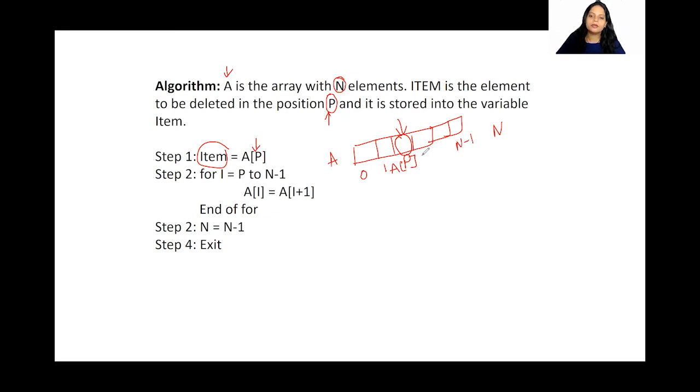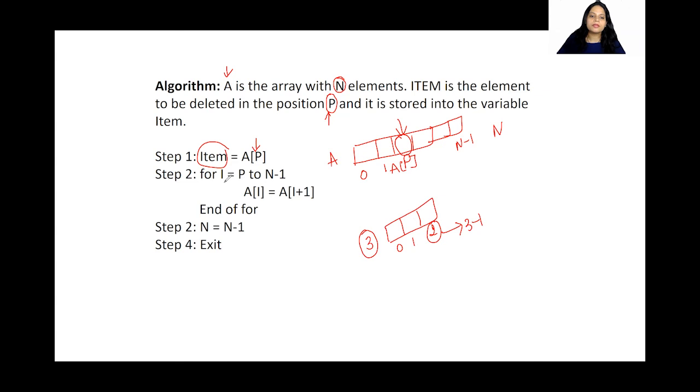Why is this n minus 1? Because we are always starting the subscript with 0. Suppose if I have 3 elements, then what is going to be the value? It is going to be 0, 1, 2. So the last subscript is always the number of elements minus 1. The number of elements is 3, minus 1, which is 2. That is why I'm writing here n minus 1. So the last element is always going to be n minus 1.